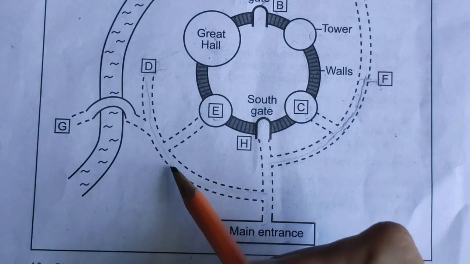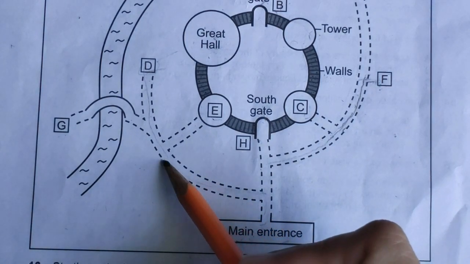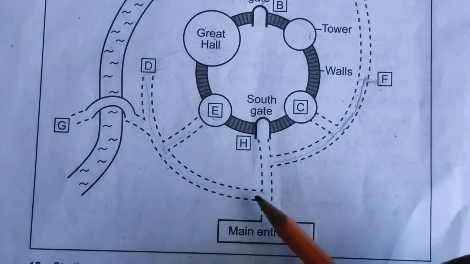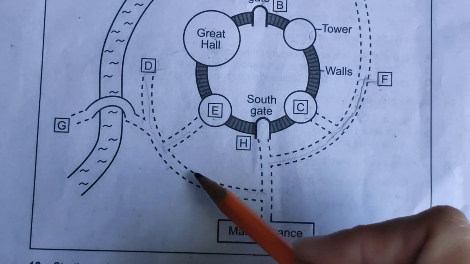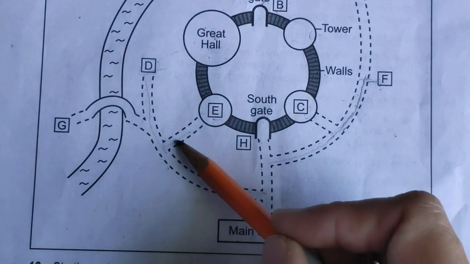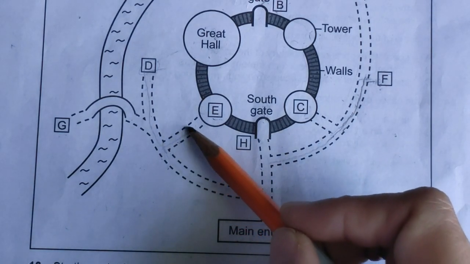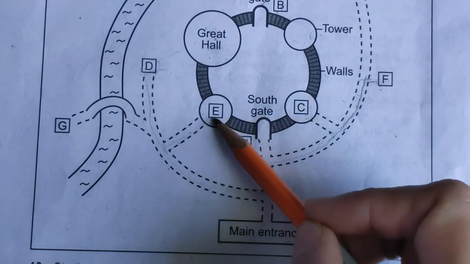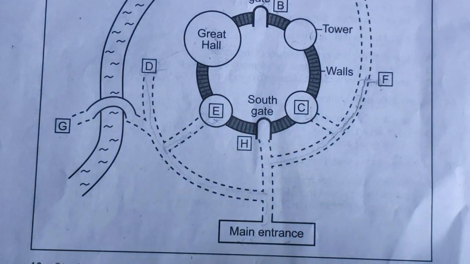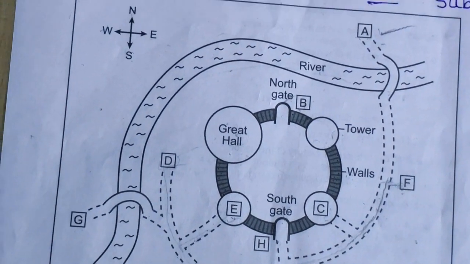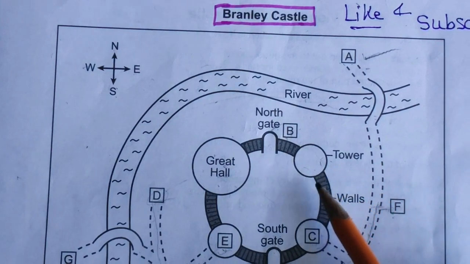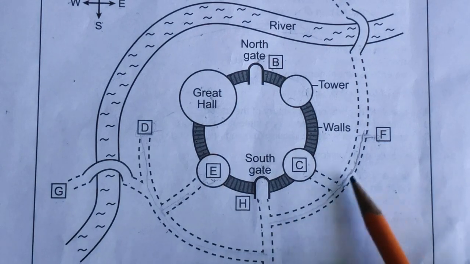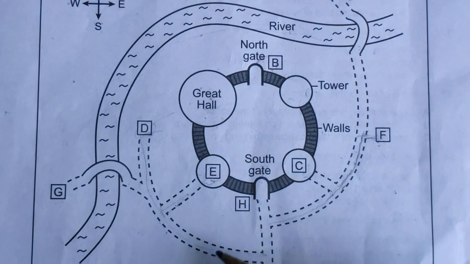We are going down the path. My pencil is going down the path, and take the first right. On this path there is no other path on the right side, so take the first right. It means this is the shop. In this way we can do so many maps like this, but you have to follow the instructions, and your pencil should move with the speaker's words. Okay, thank you so much.